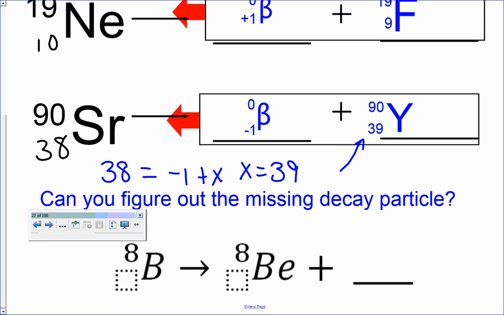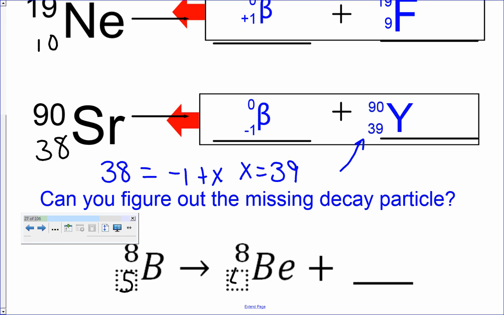And if you wanted to try to figure out your missing species at the bottom, start by finding out that boron has 5 protons, beryllium has 4 protons. So since we have 8s for both of these guys on the top, we gotta have a 0 here. We have 5 starting with our boron here, so we have to have a positive 1 on the bottom